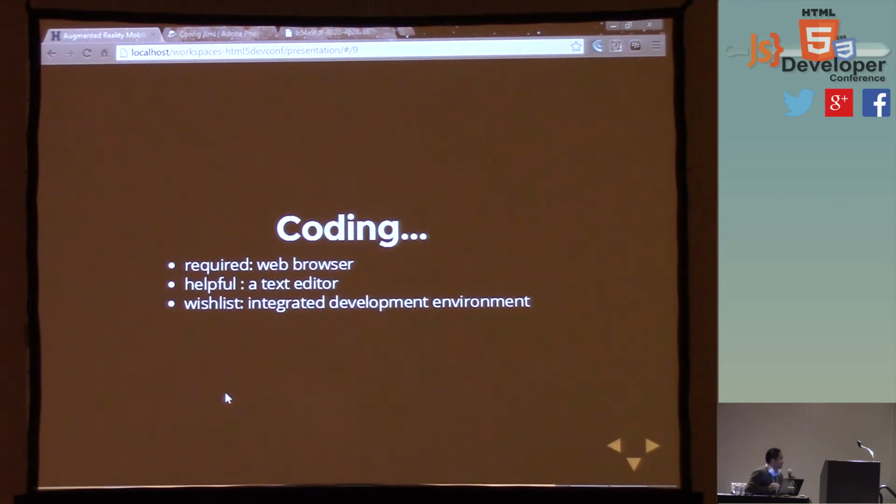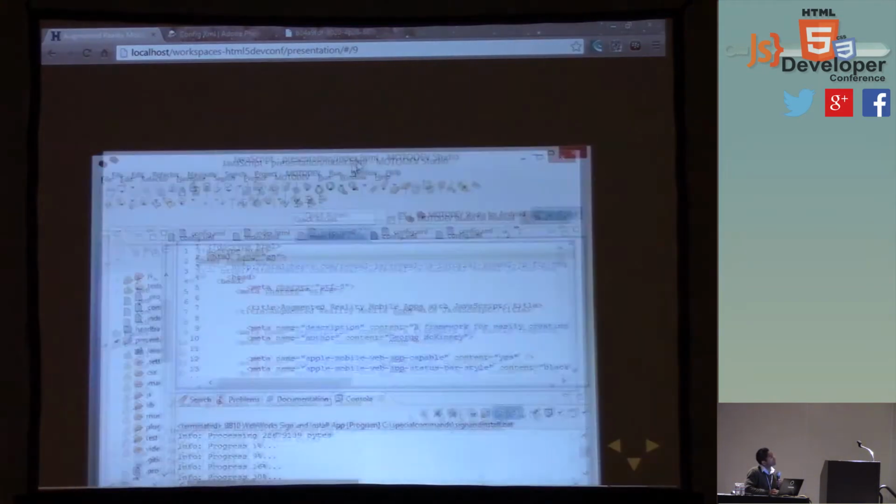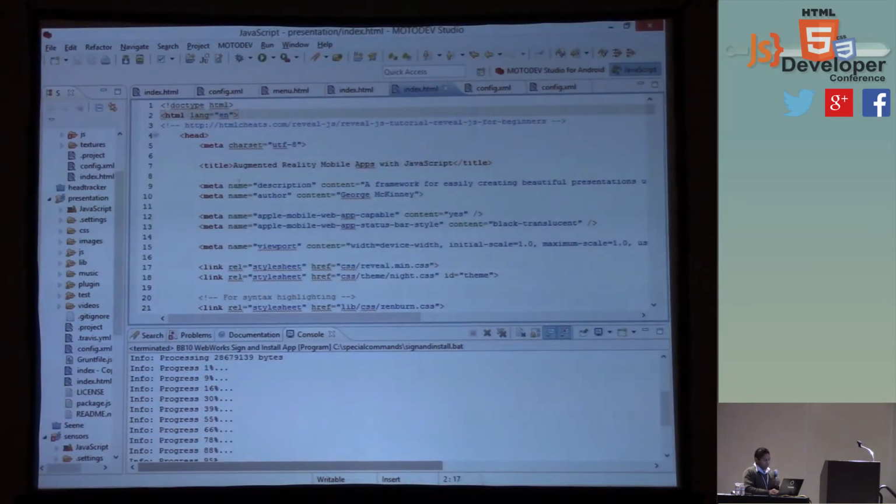So as in all JavaScript applications, you can use a web browser and a text editor. I usually use Eclipse. So I'm going to bring this over. Just want to duplicate my screen here.